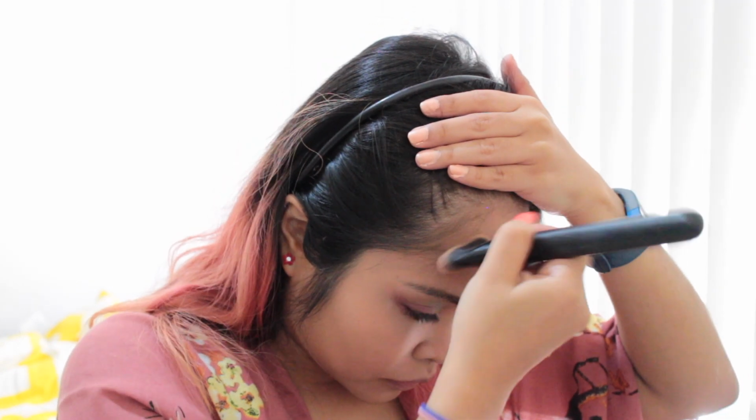Next up, bronzing the face. I'm using this butter bronzer from Physicians Formula. I just bought this, so I was really in love with it. I'm not using a stronger bronzer. I think this bronzer is really natural on my skin because you can rarely see it on my skin, but